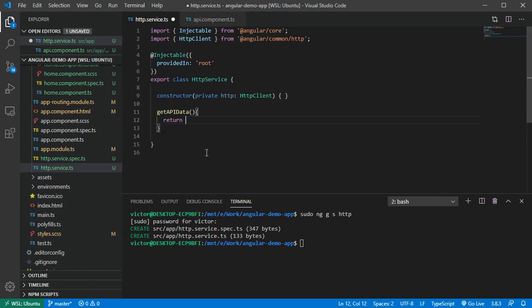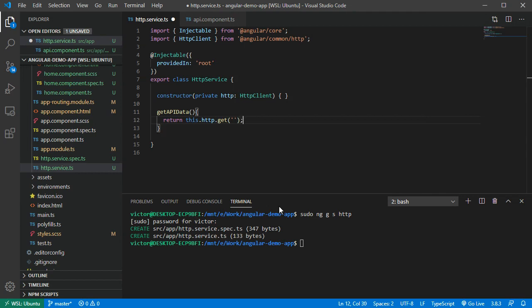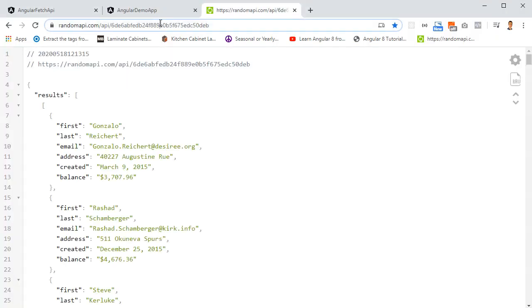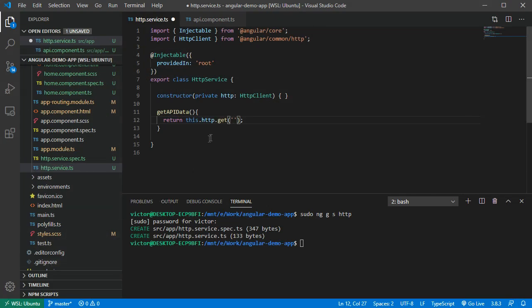We'll actually use this client we just imported. So we will do like this. this.http.get, and here's where the API URL comes. So let's copy this URL from here and let's paste it right here, like this. Let's save it, and now let's go back,